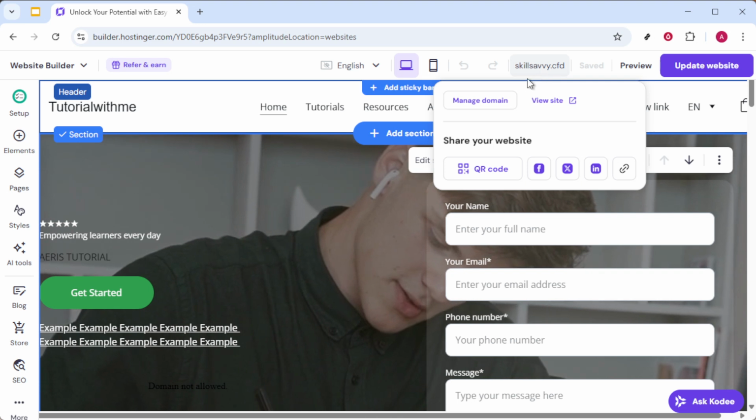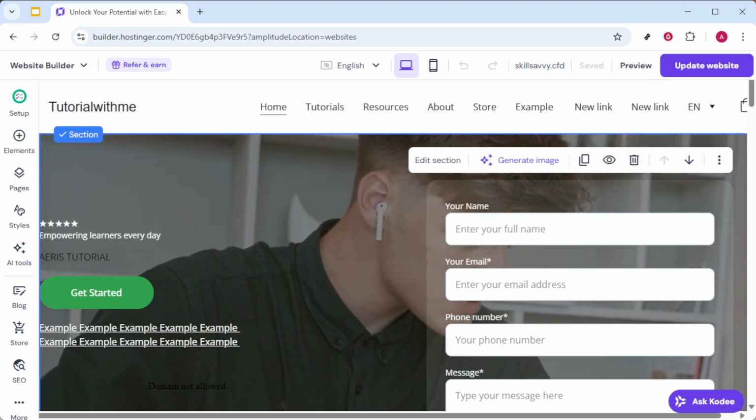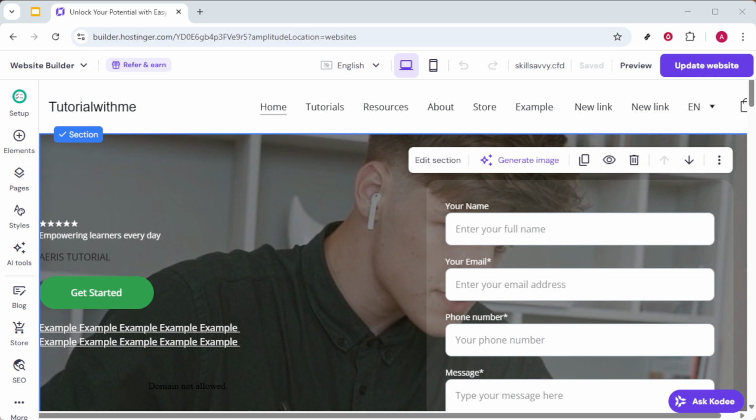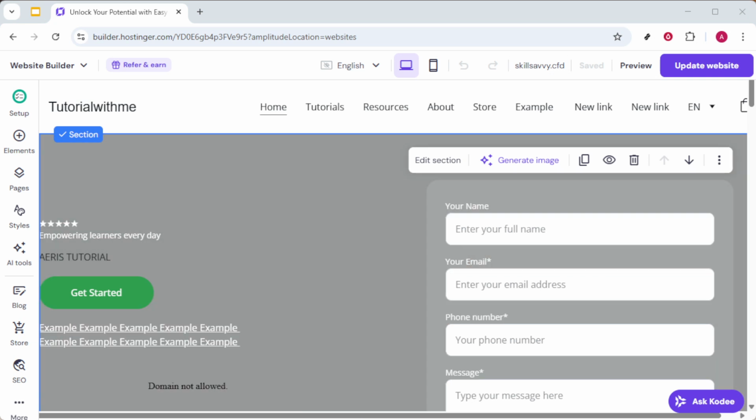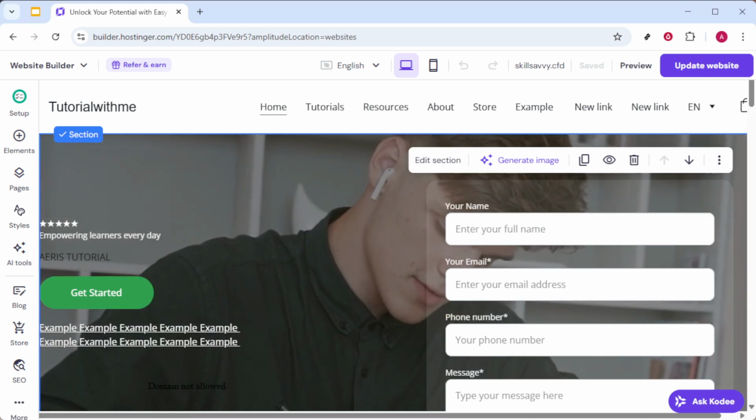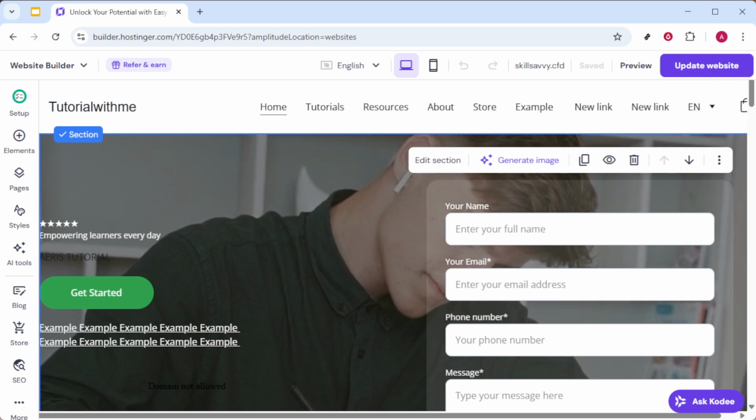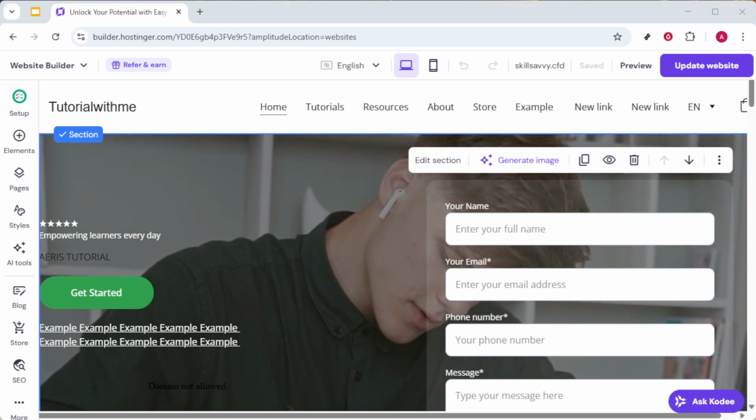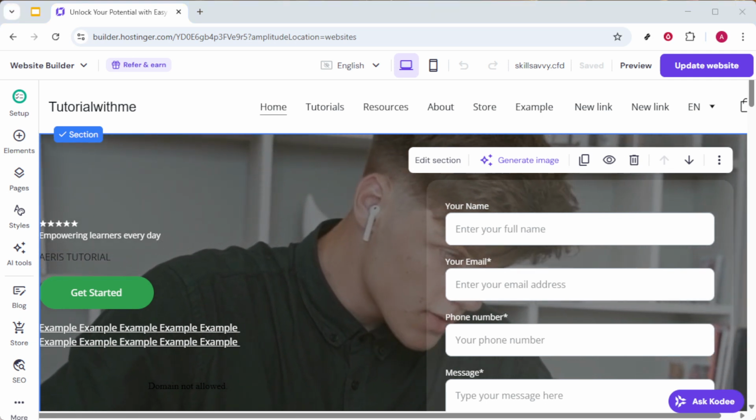Follow the guided setup to configure the details for your additional website. You'll often be asked to input a new domain name, so be prepared with this information. Some hosting plans come with a free domain, but if not, make sure you have a domain ready to use. Continue to the